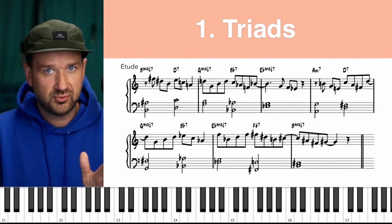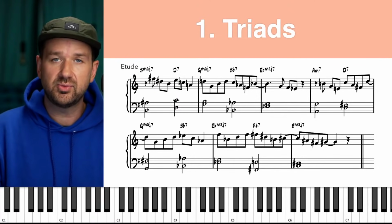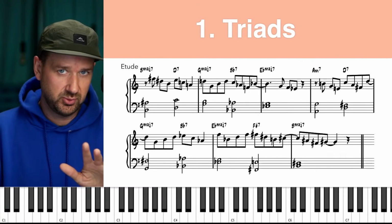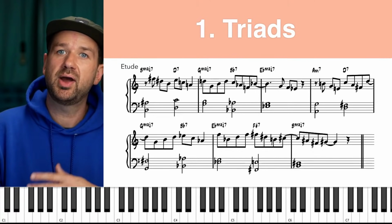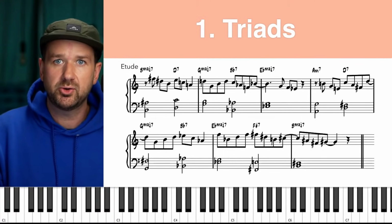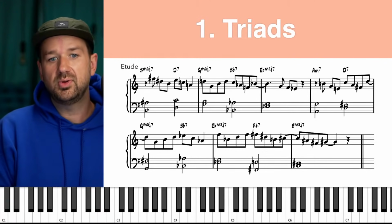I want you to do this session. Start with the etude as written, completely as written, and at least twice. So do it twice through, and we'll do a little break between. And then I want you to practice improvising using just these triads. See if you can experiment and work your way around. Again, this is the quarter note here. 1, 2, 3, and...